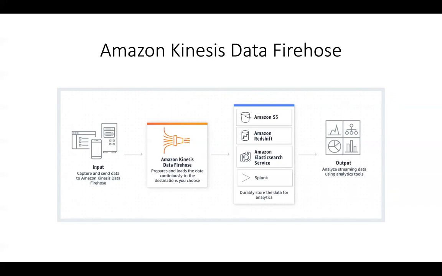You can also choose to have a Lambda function over here that transforms all of your data. And at the same time, you can go ahead and encrypt all of your data before it's sent to any one of these destinations. So you can go ahead and send it to S3 for durable storage. You can send it to Redshift for any kind of analytics. And if you go through the last section of this particular course for real-time scenarios, you will see a situation where we will be using QuickSight for dashboarding, and you can also use Redshift and S3 as one of its sources.